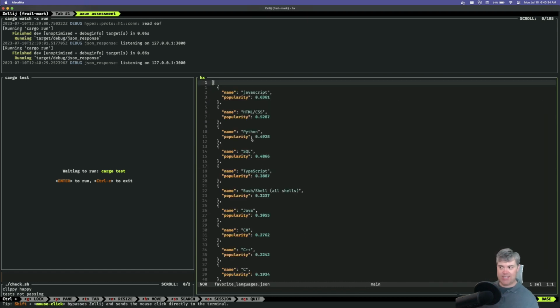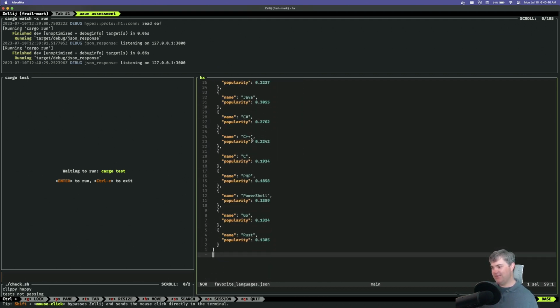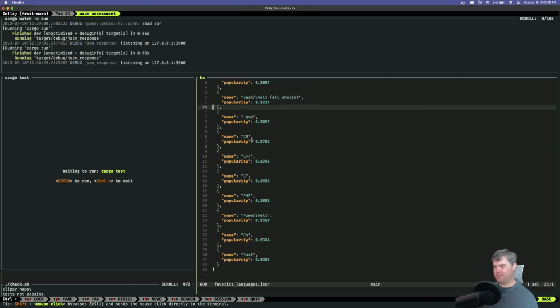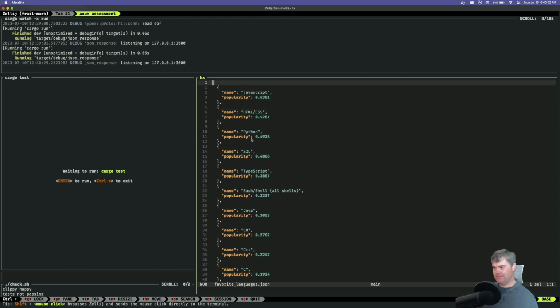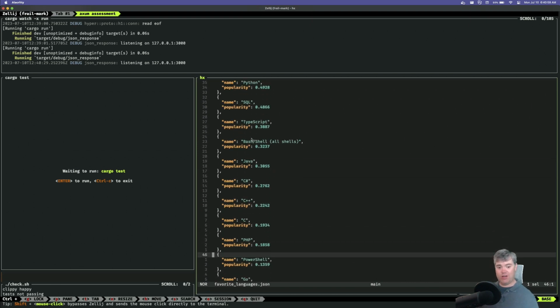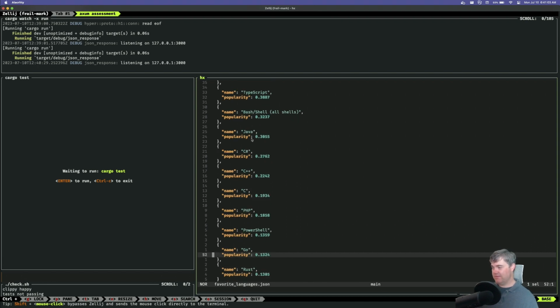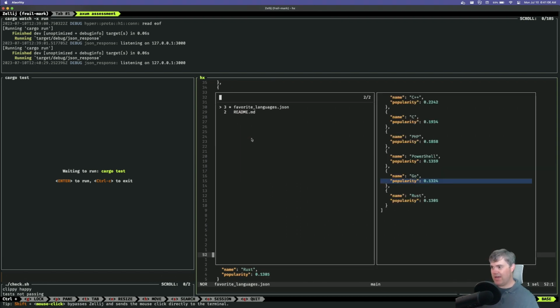I pulled these off of the Stack Overflow favorite languages survey results. And I basically continued on in order until I got to Rust. So it's pretty simple. And it's just in here in a file. So you need to also grab this out of a file. So let's go back to